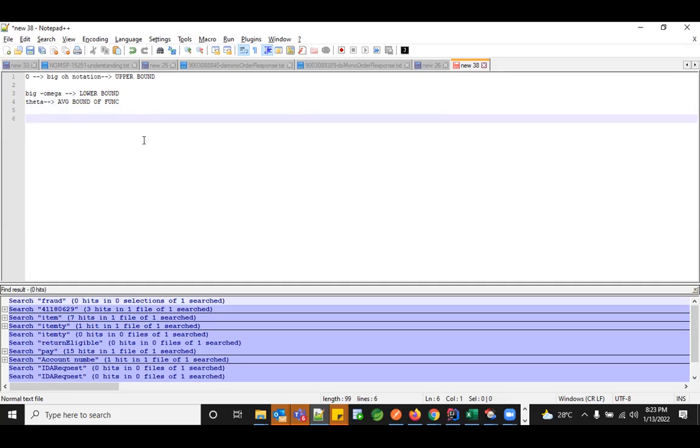Remember the lower bound. We have seen the various values, right? Like O of 1, O of n, O of n squared, and O of log n. So if you arrange them, the constant will always be first. The next would be the log of n. And the next would be the square root of n. The next one would be n. Next would be, again, the same pattern repeats, n log of n. And it would be n squared.